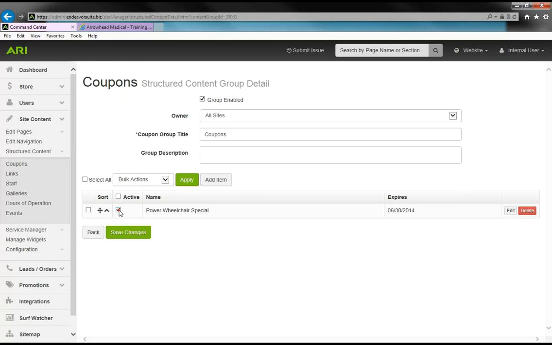So if you want to turn a coupon on or off, you can just use the active box. Maybe you want to turn the coupon off for a month and turn it back on later. That way you don't have to delete it and recreate it. Off to the right, there's an edit button to go in and edit the details, or a delete button to remove it. And if you want to add other coupons, you would just have to click on Add Item,